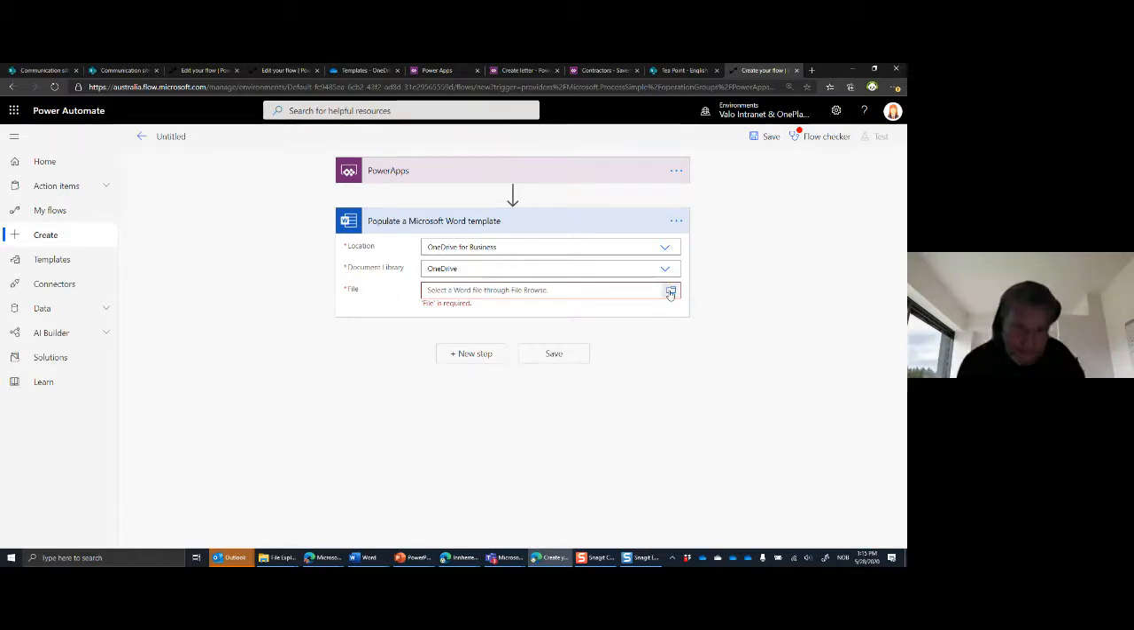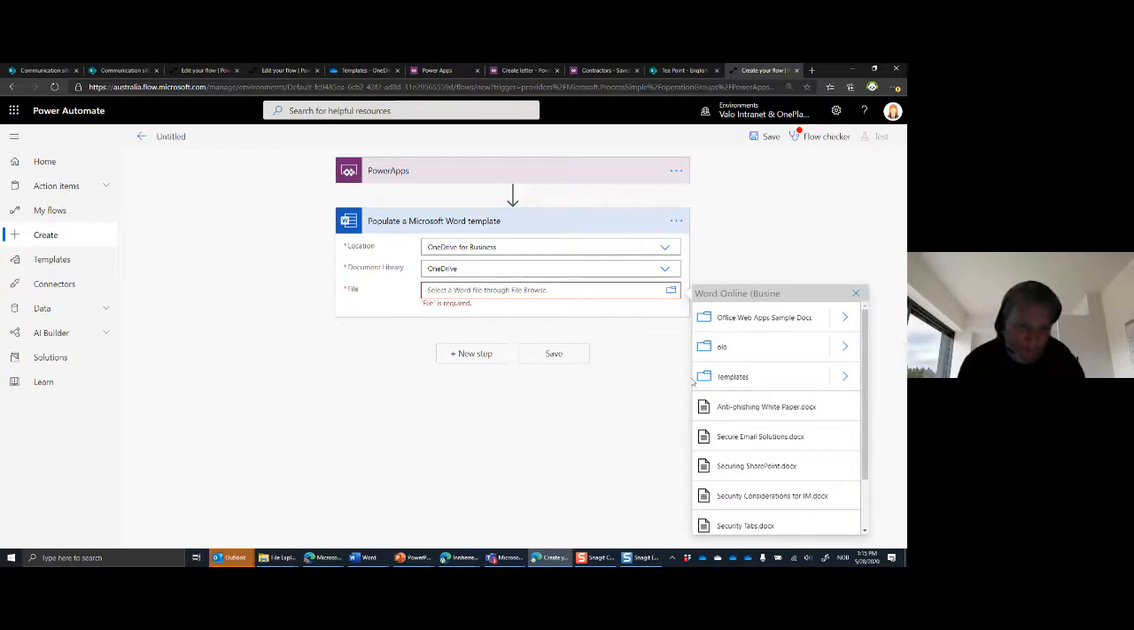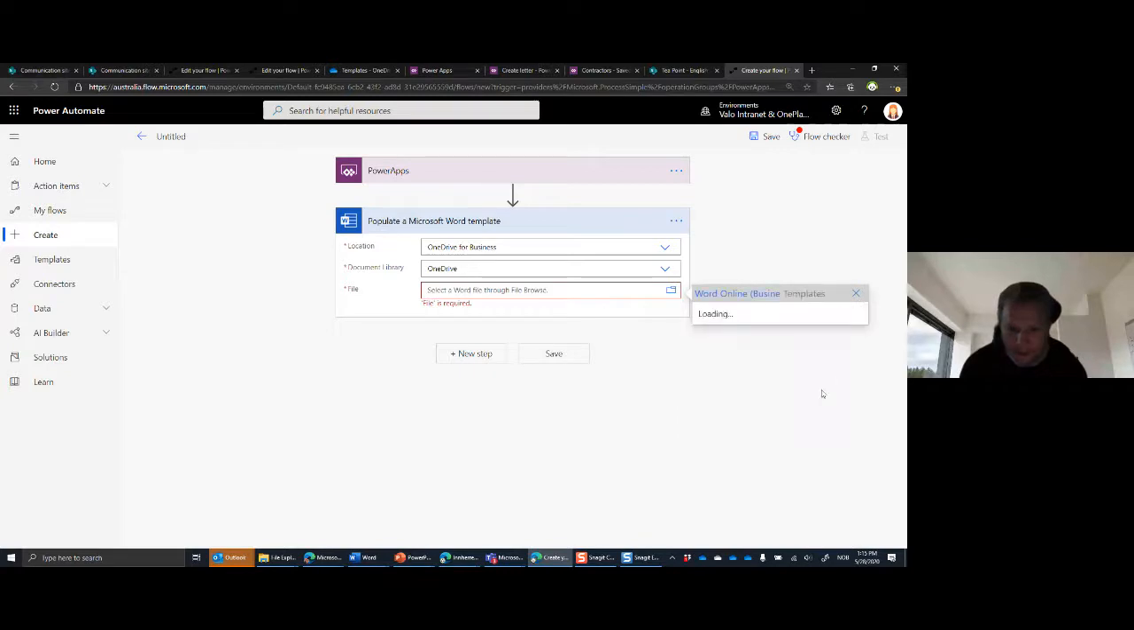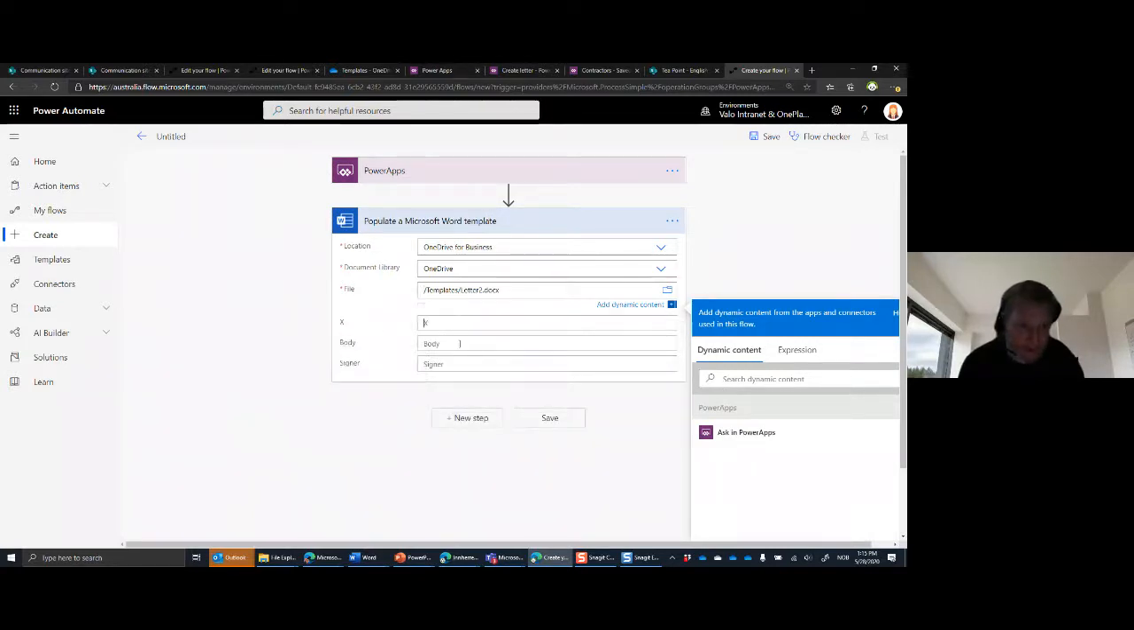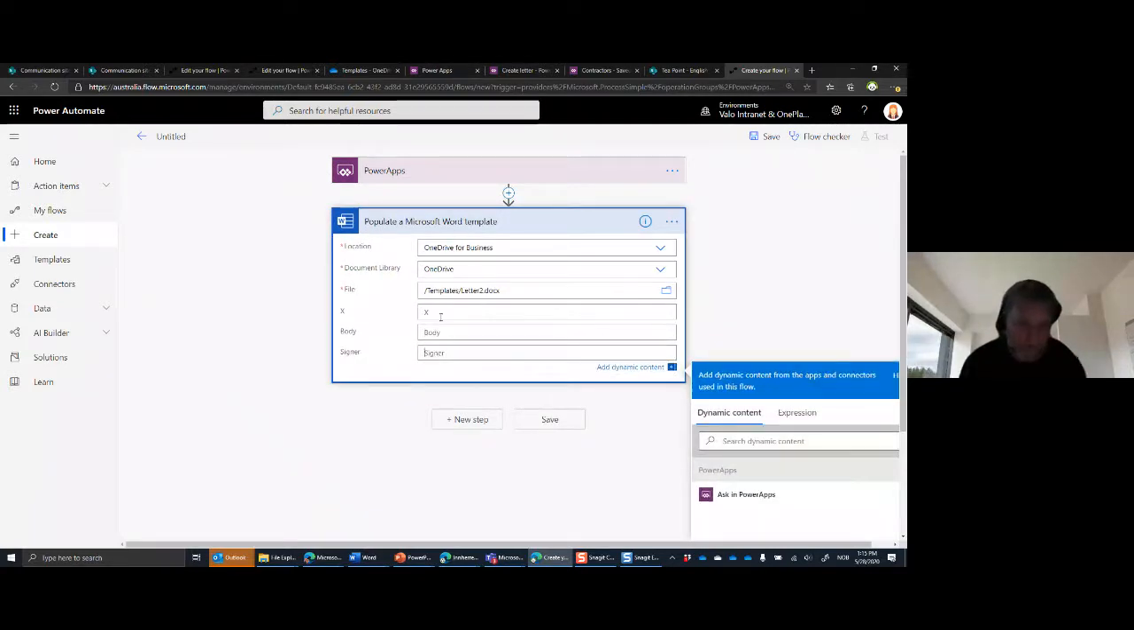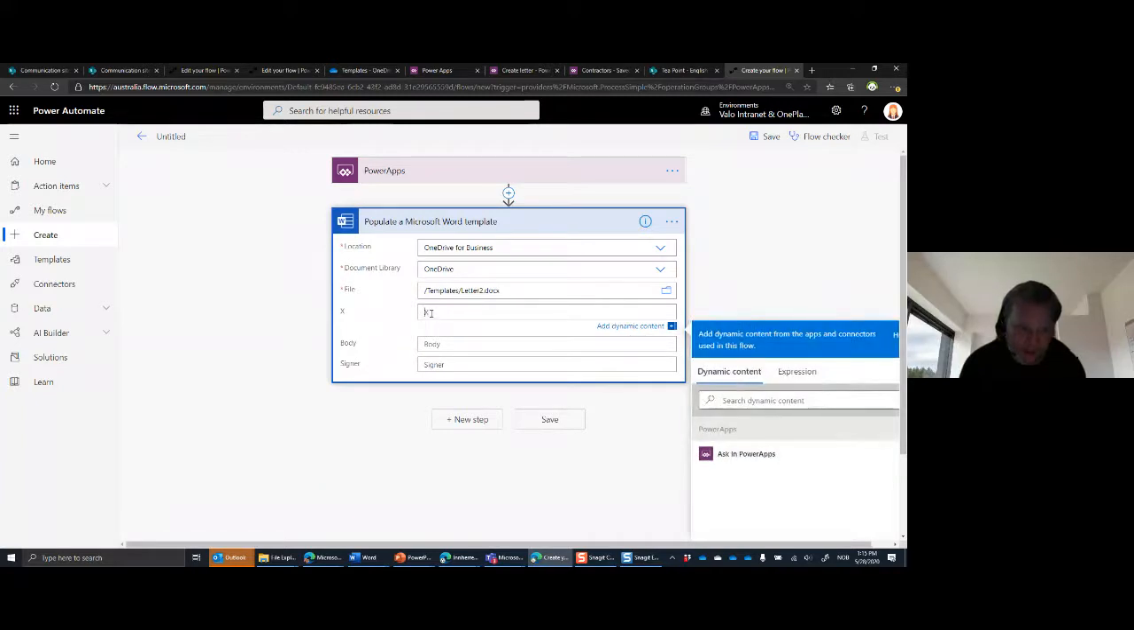Now the next thing is I need to just select my template, and that's why it's really important to have a normal name here so it's easy to find. So I'm going here and then I'm picking my letter 2, as you can see here. And now it will populate X, body, and signer. So that's why I now just choose X for special,